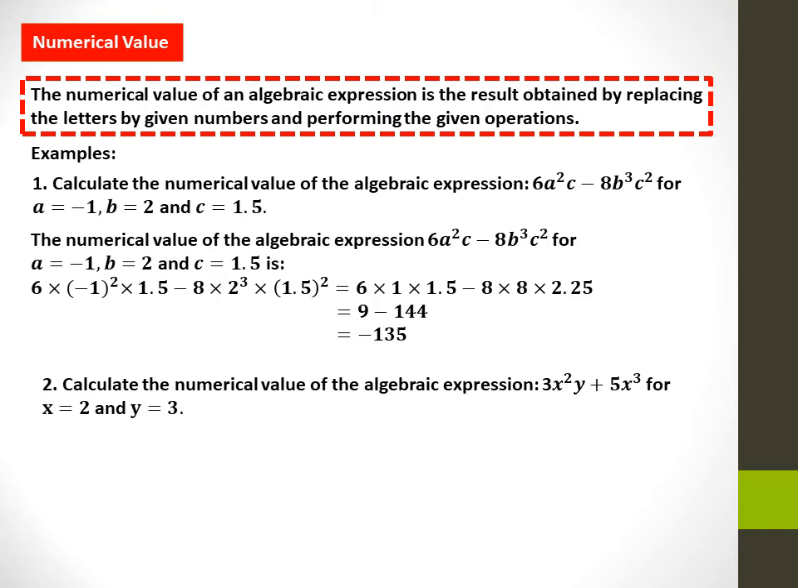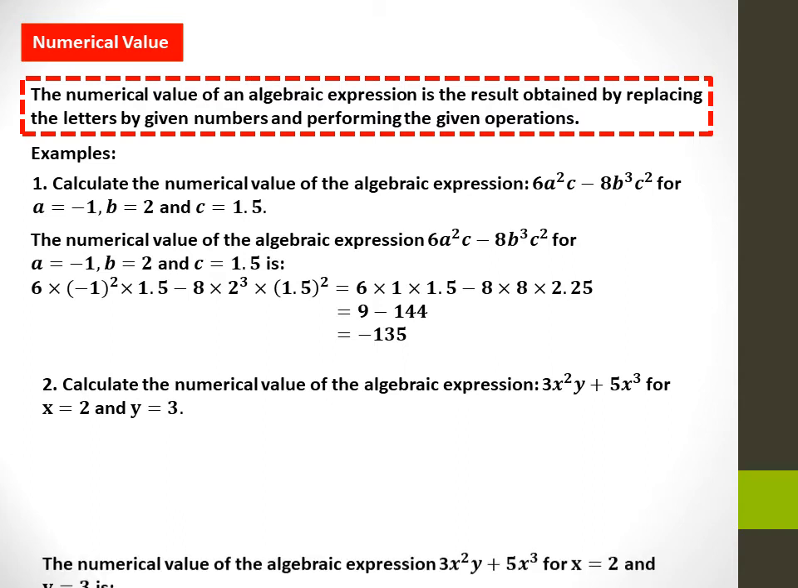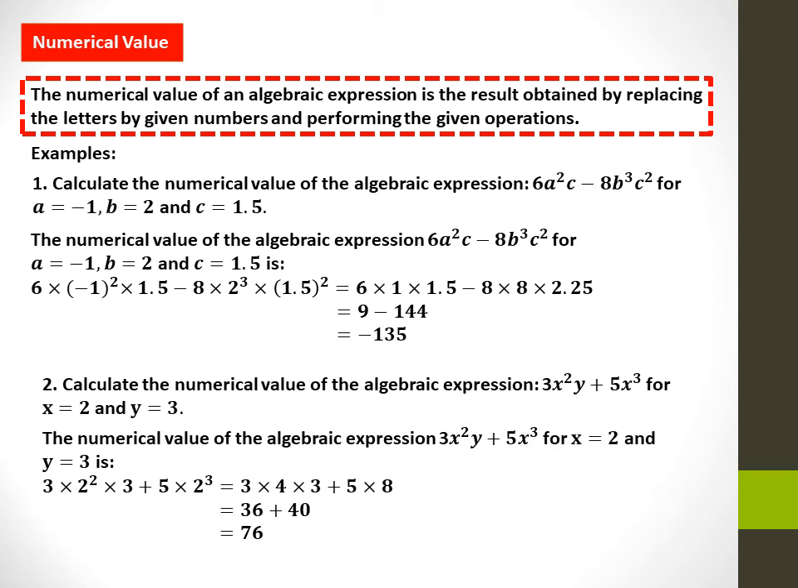Calculate the numerical value of the algebraic expression 3x to the power of 2y plus 5x to the power of 3, for x equals 2 and y equals 3. The numerical value of the algebraic expression 3x to the power of 2y plus 5x to the power of 3 for x equals 2 and y equals 3 is 3 times 2 to the power of 2 times 3 plus 5 times 2 to the power of 3, which is equal to 3 times 4 times 3 plus 5 times